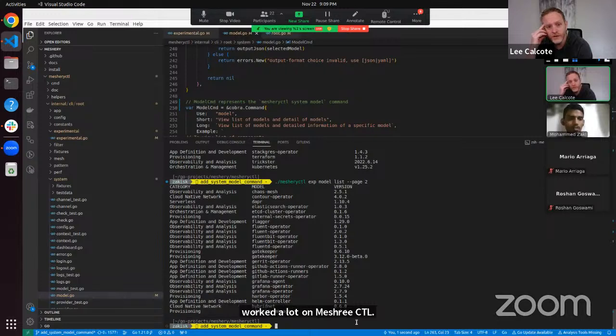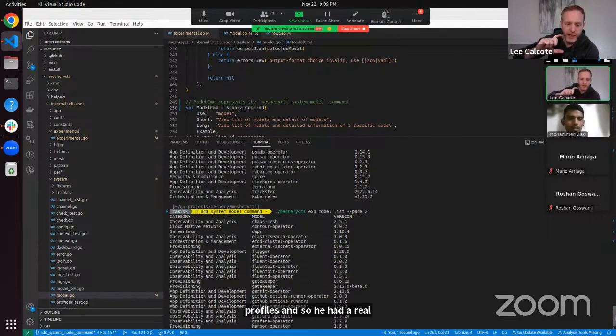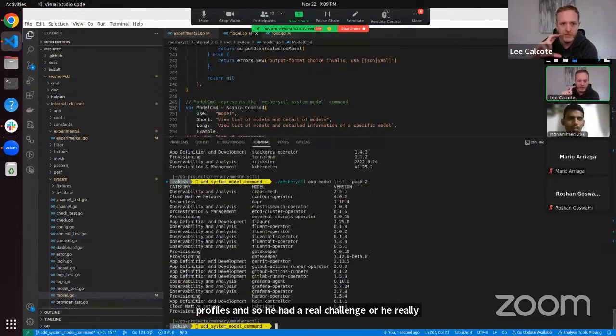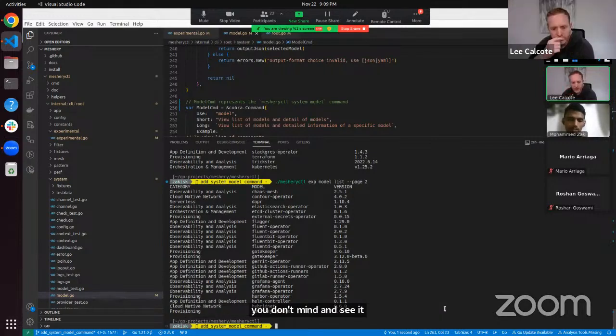There are hundreds of thousands of performance profiles, and he tackled head on the challenge of how to do search. If you don't mind, go look at that command and see. Okay, one second, I'll show you.